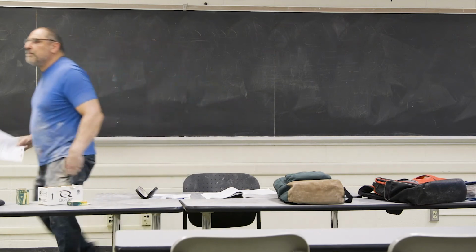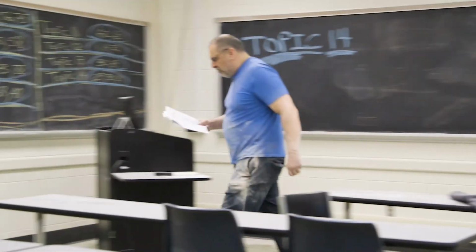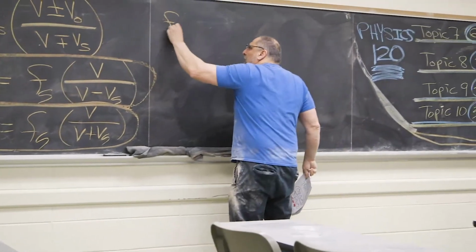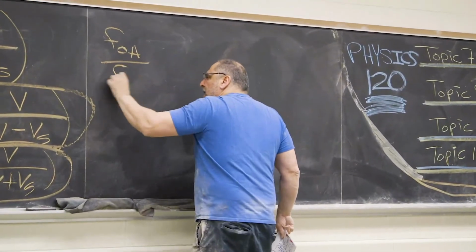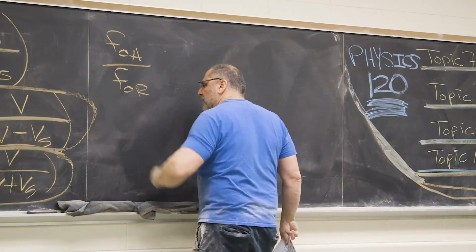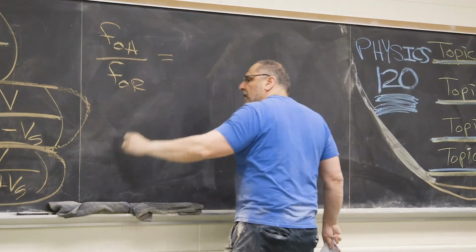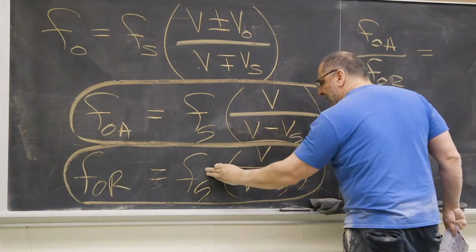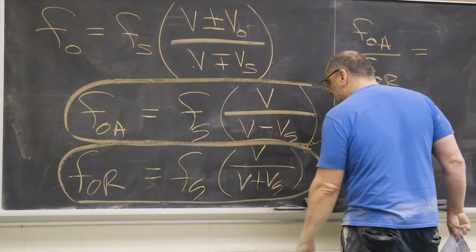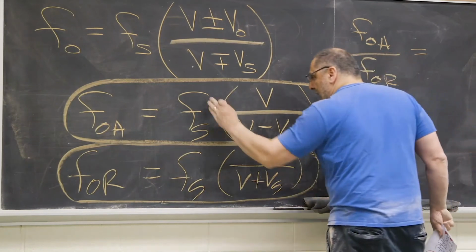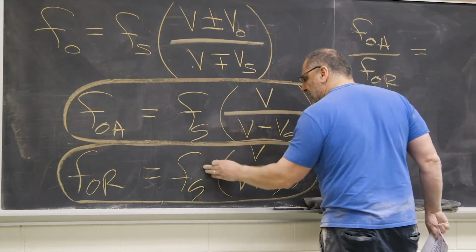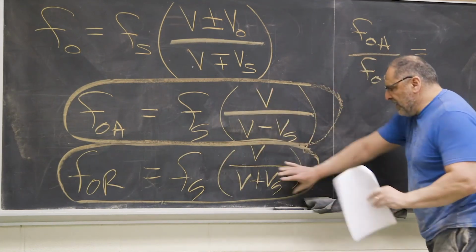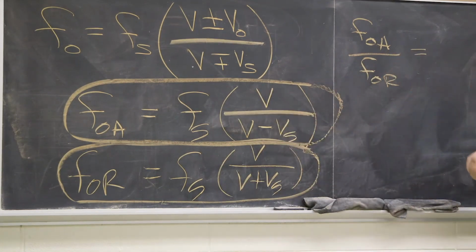Okay, I'll tell you what. What do you say we do a ratio? Approach frequency over receding frequency, or leaving frequency, whatever. The ratio of the two is the ratio of these two. Well, Fs and Fs cancel. Good, because they never told me what that frequency was. The V and the V cancel. And this one flips up and goes over here. So if you look at it carefully,